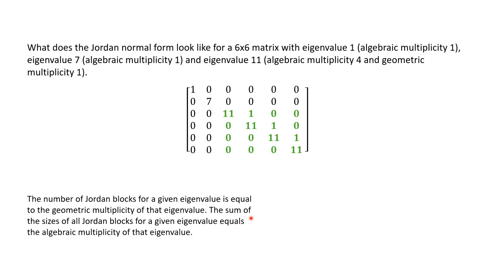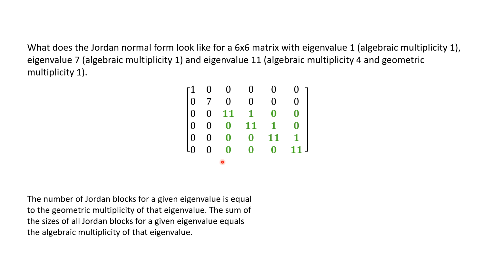So I copied down the rule from earlier in this lesson. So we'll use that to construct the Jordan normal form for this matrix. The number of Jordan blocks for a given eigenvalue is equal to the geometric multiplicity of the eigenvalue. So each one of these 3 eigenvalues has geometric multiplicity 1, which means we're going to have 3 blocks. The first 2 are easy because they're just algebraic multiplicity 1, so the size is just 1. So we have a 1 by 1 block with a 1 in it, and a 1 by 1 block with